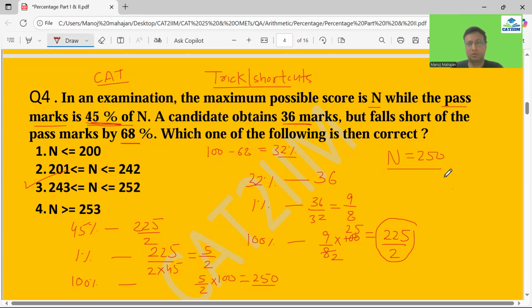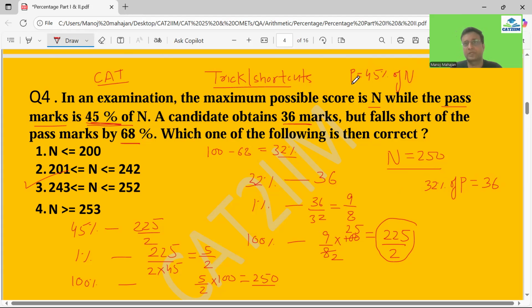So what is given to us is the pass marks. If I look over here, it is 45% of n. And a candidate obtained 36 marks and falls short of the pass mark by 32%. So already I talked about 32% of the pass marks is nothing but 36. That's the first thing which we're going to look at. And what is the pass marks? If I look over here, that is